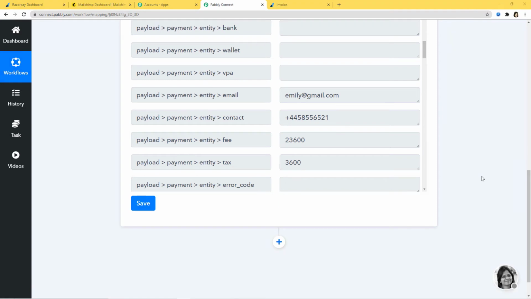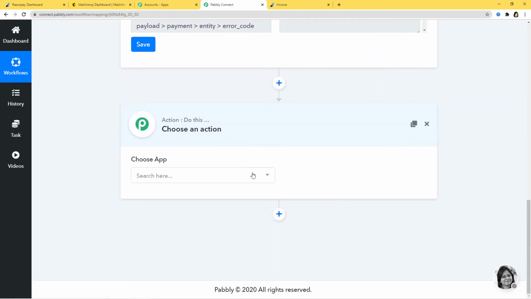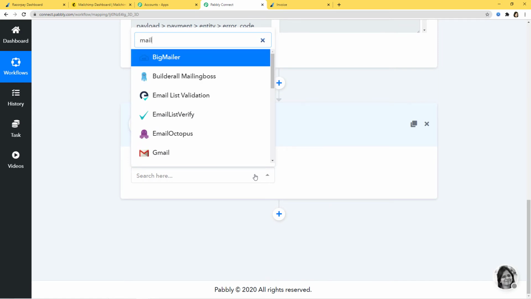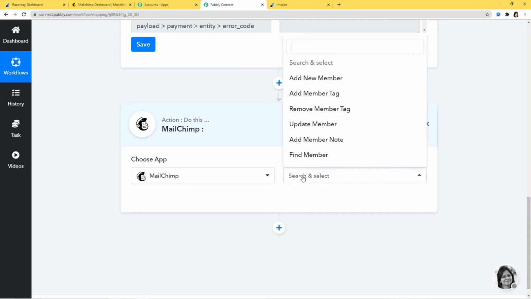So now let's begin with our second step integration, where we are going to integrate MailChimp and Pabbly Connect. So I'm going to click on this plus button over here. Okay. So now here in choose app, I am going to choose MailChimp. This one. Okay. Now in action event, according to our workflow, whenever an invoice is paid in Razorpay, we want